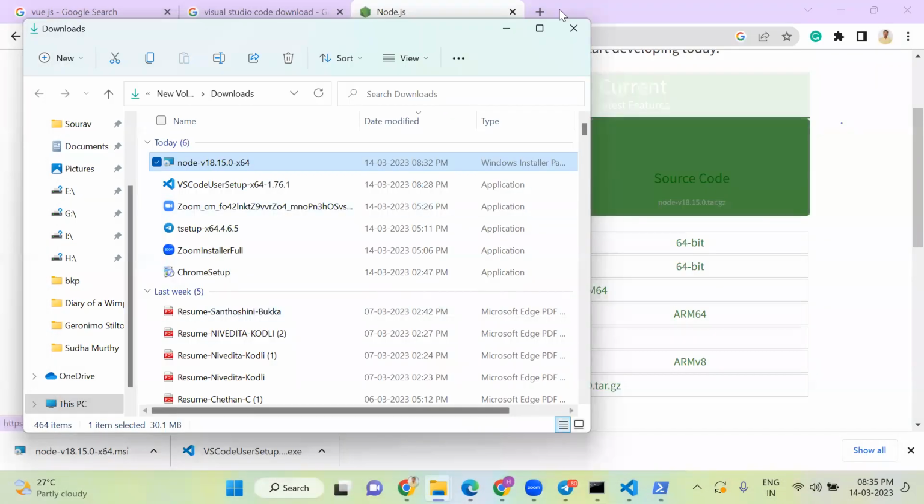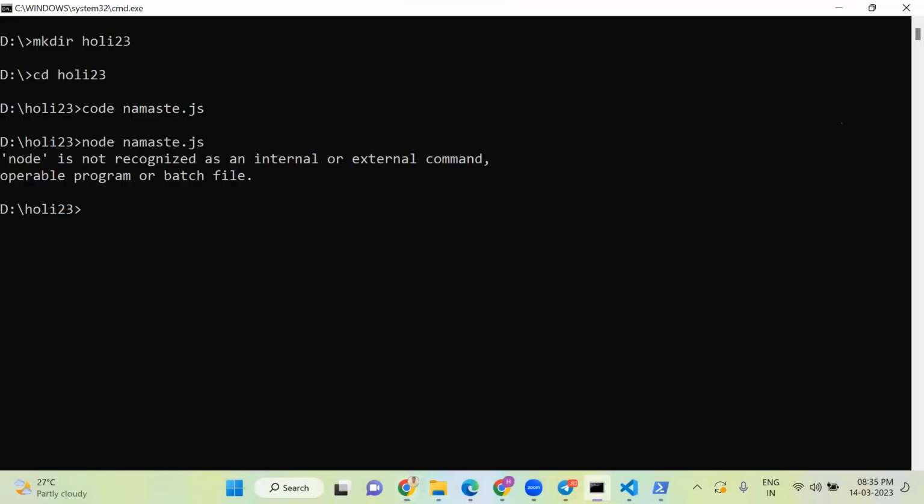So Node.js is actually already installed. I can go ahead and try that. The problem is that this command line which I opened would have opened with the previous path environment variable value. There is an environment variable called path, which contains the path of all the executables. Since it opened with the previous values, the Node.js path may not be there.